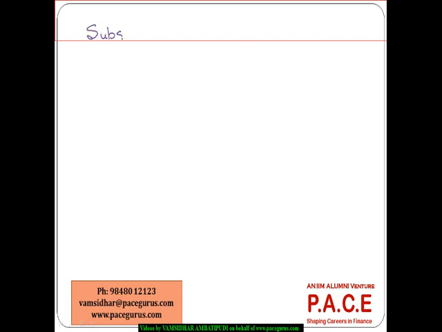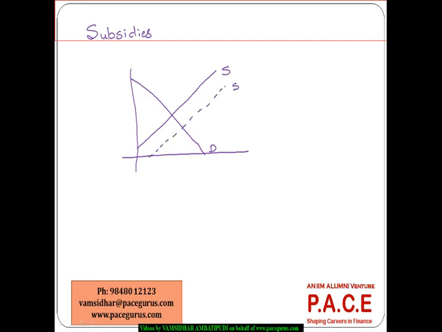Then another impediment that can really have an impact is the subsidy. A subsidy is a kind of benefit the government gives to the producers. Because it is giving a benefit to the producer, the producers are willing to supply more and more, so obviously the supply curve shifts to the right. So this is the new equilibrium price and quantity. From a supplier's perspective, he is bearing a cost of only this much,